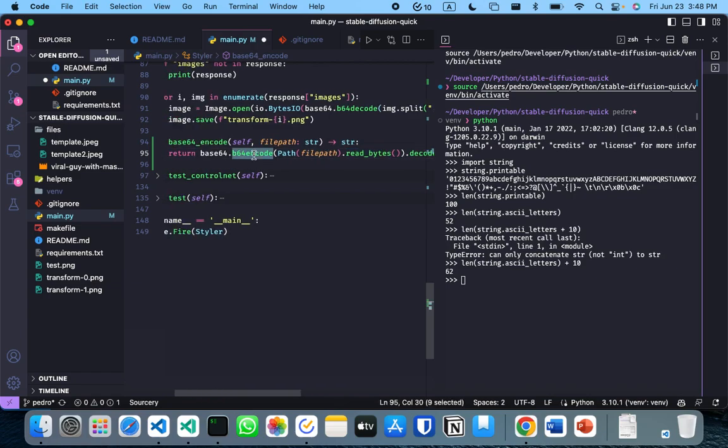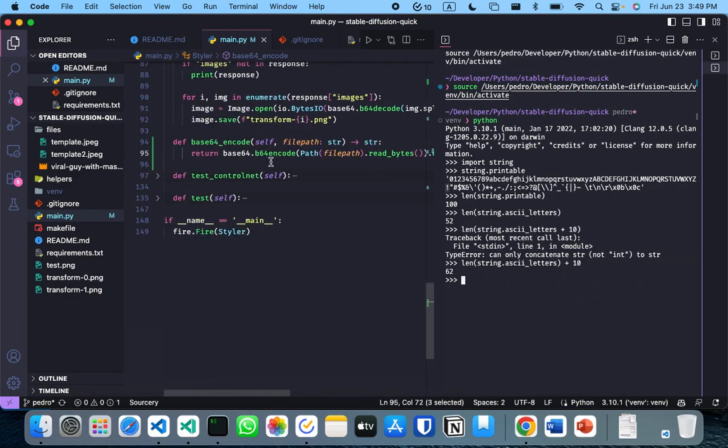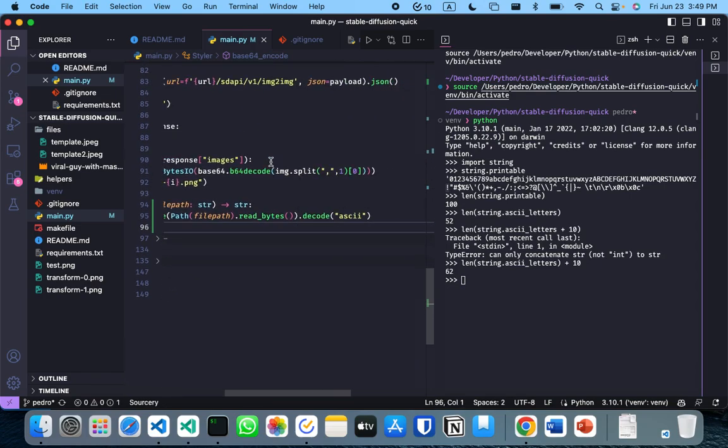Then I do the base64 encode, that generates something that has to be decoded, and then I decode as ASCII. I don't know how you guys pronounce this. Yeah, we say ASCII. So what is this? It's basically these basic symbols that go from 0 until Z, and I think an exclamation mark sometimes, because it has 64 symbols. But anyway,